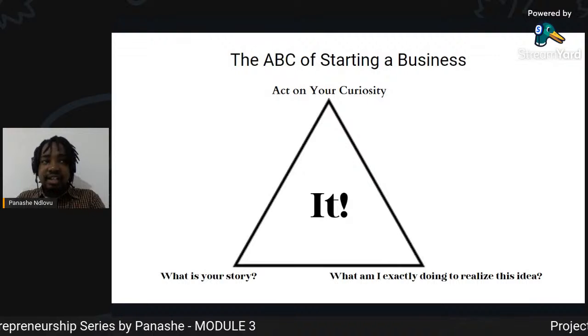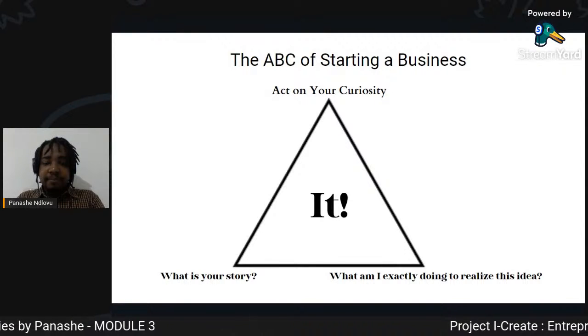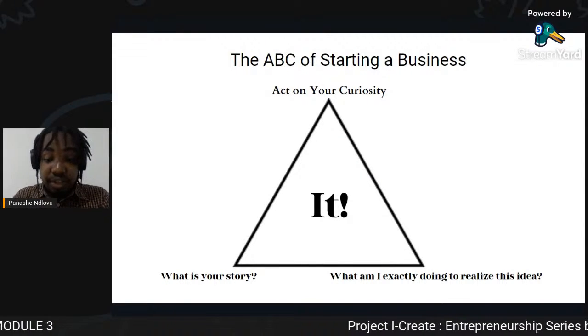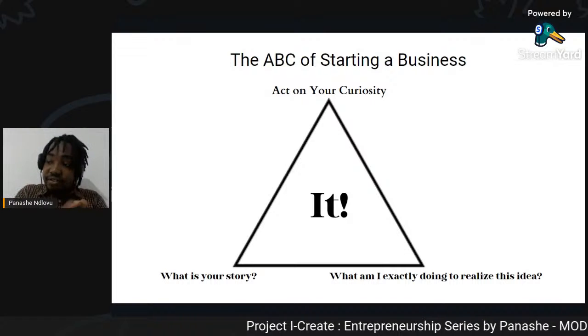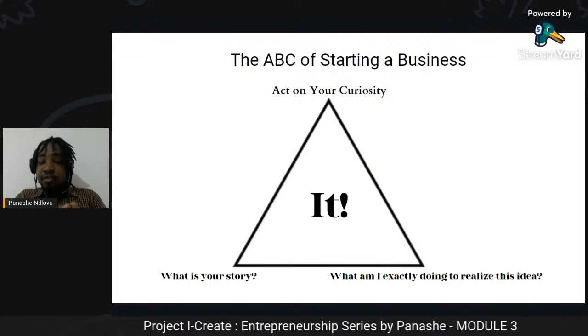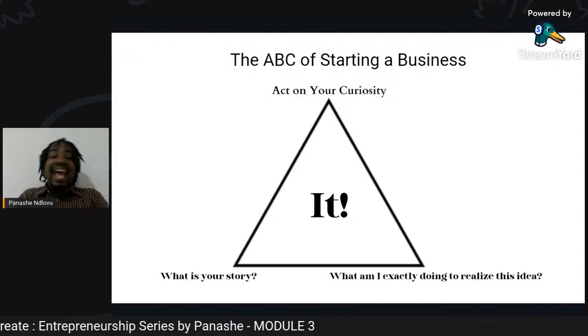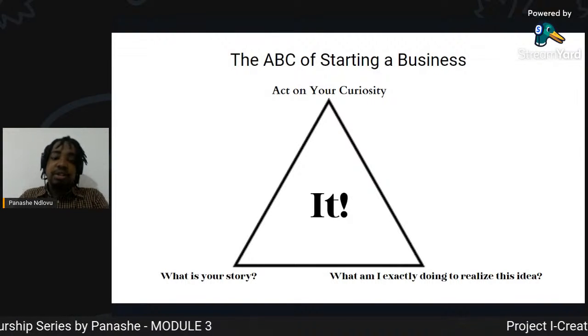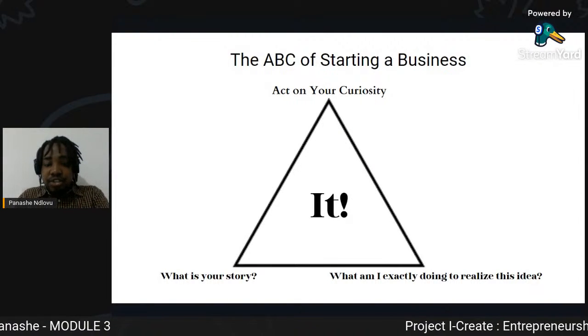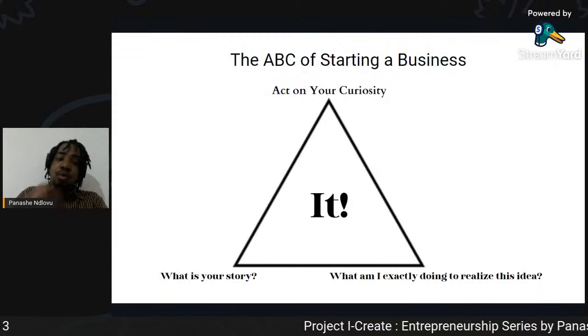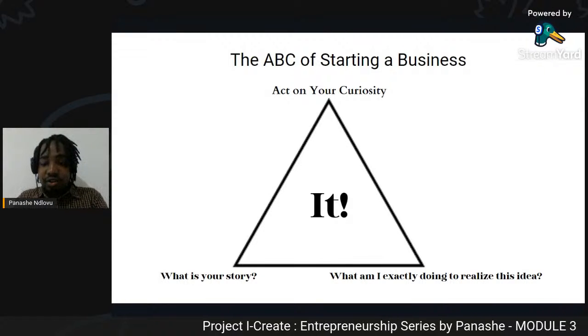And when you're in it for the profits, as I've been saying before, it's going to be difficult for you, because the failure of that business is going to mean the end of your entrepreneurship journey, right? And so it is always important to understand your purpose, to find your purpose.